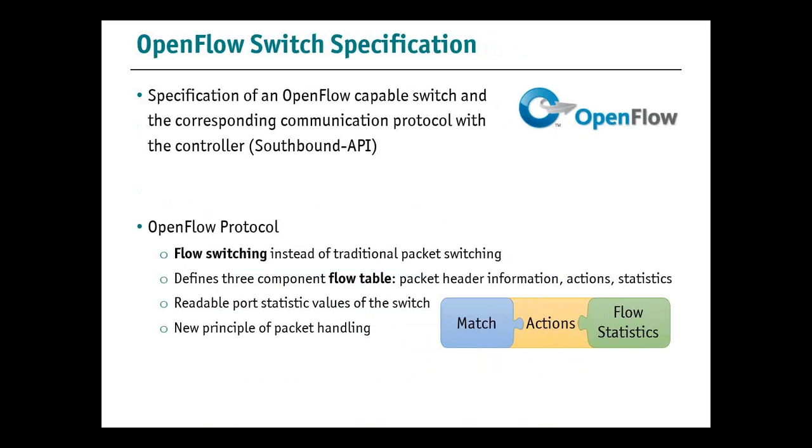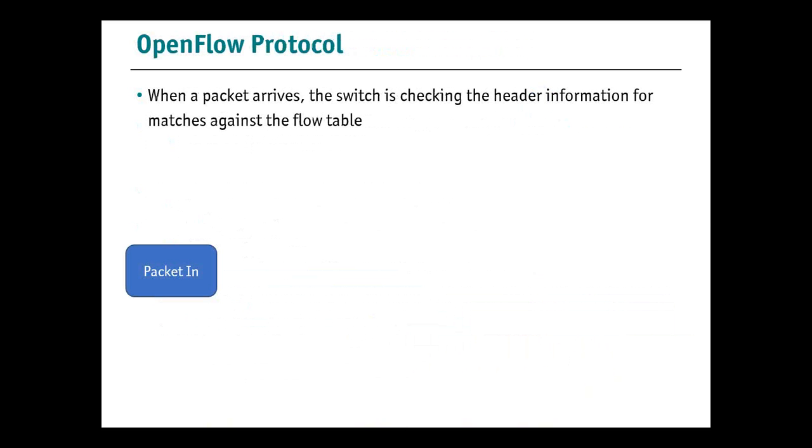But of course there are some other statistics like port statistics, which check how many packets come into a port or how many packets leave a port, how many packet errors I have, and so on. So now that we have these flow tables, on the one side we have the ability to add flow entries manually, and on the other hand it is possible to add flow entries when a packet arrives at a switch.